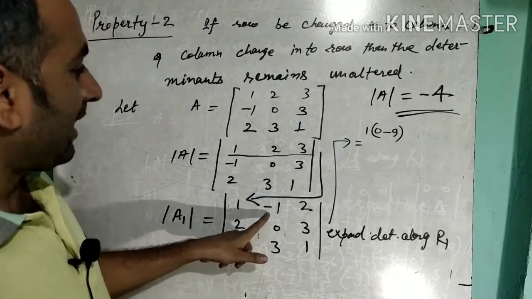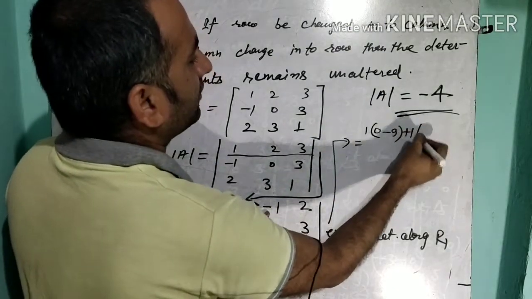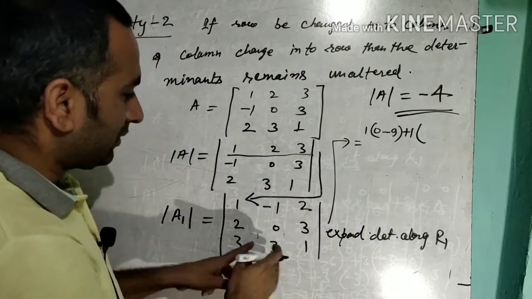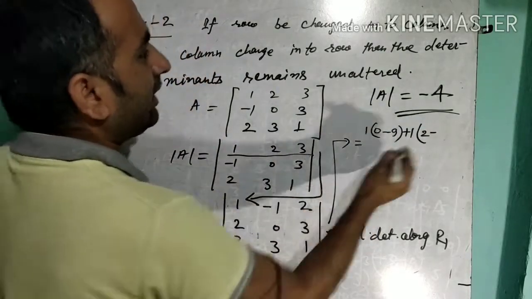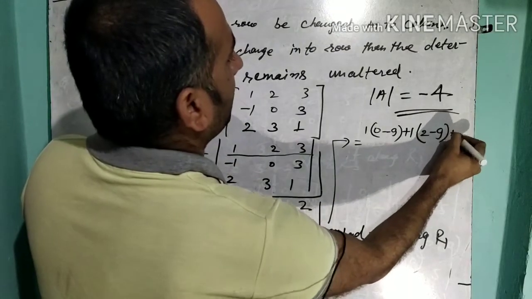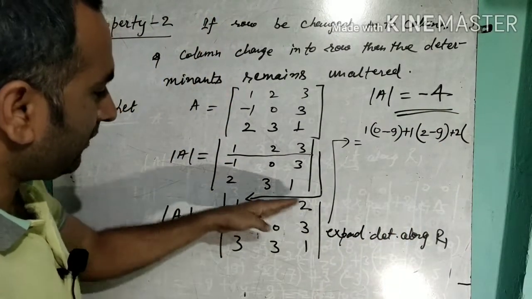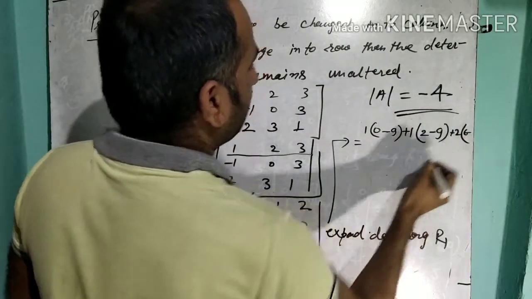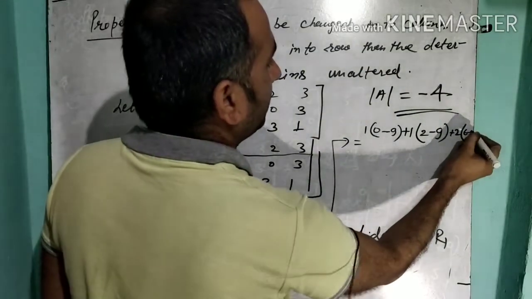After that we take the -1, but here the sign will be +1. Now what do we have? We remove the first row and second column. So this will give you 2 1 are 2 minus 3 3 are 9, and the last one is +2. After that, we remove the third column and the first row. It is 3 2 are 6, and 6 minus, 3 multiplied with the 0 gives you 0.